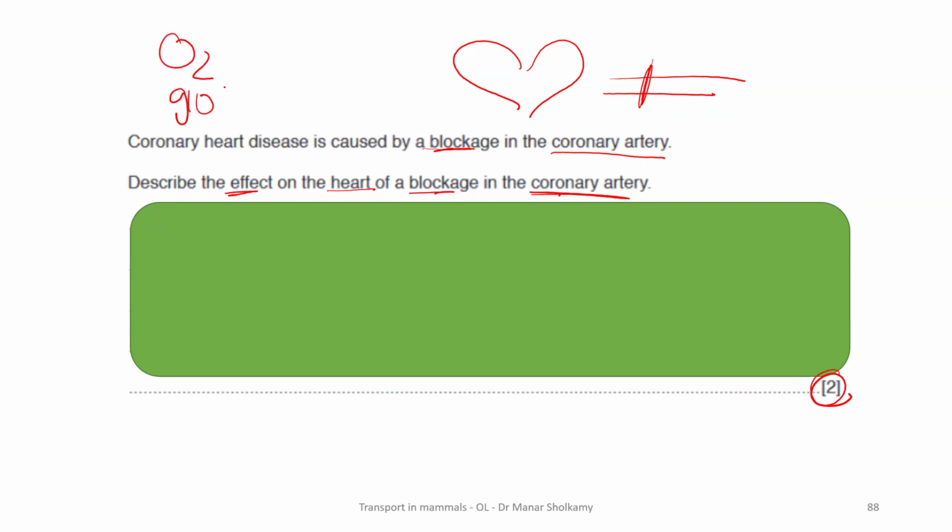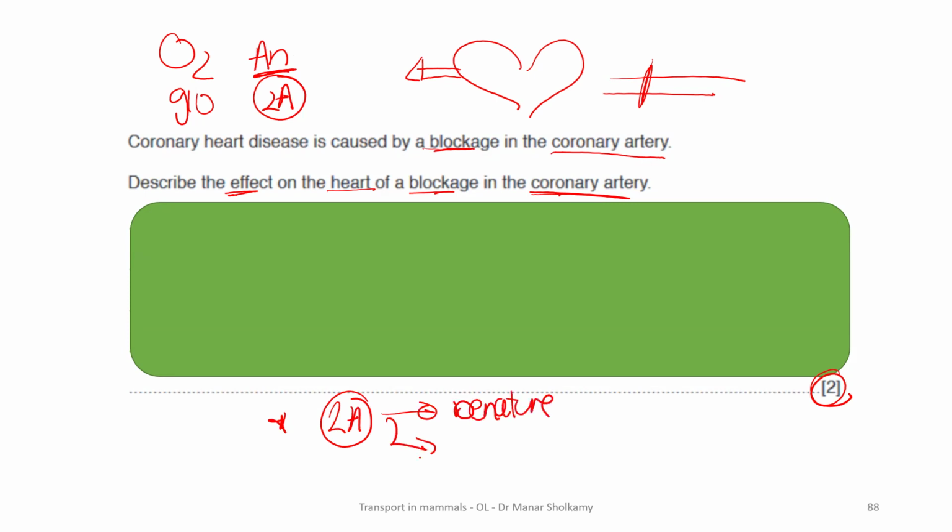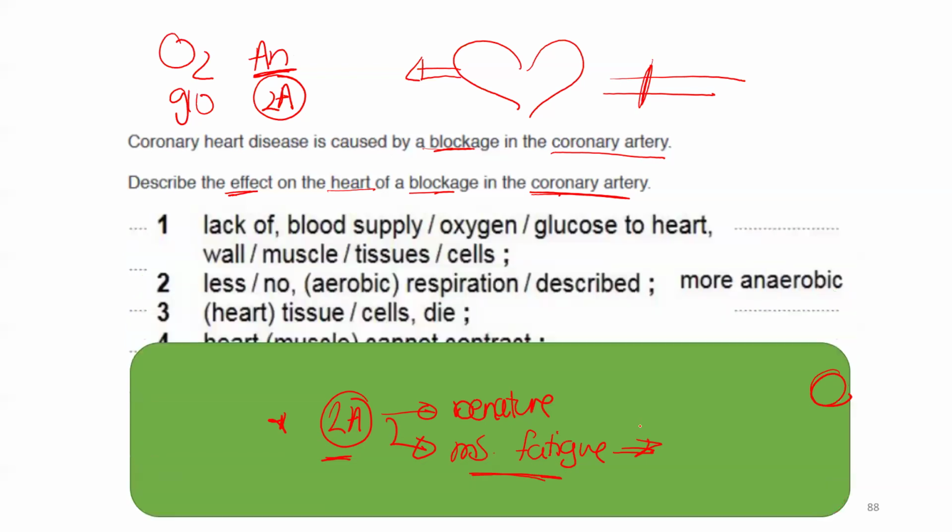No oxygen, no glucose. The heart will not be able to respire aerobically. It will respire anaerobically. Very good, anaerobically. This can produce lactic acid. Lactic acid causes two problems: it changes the nature of the cell and the nature of the enzymes, an acidic medium pH. Correct. Also, we'll study lactic acid again in respiration. It causes something called muscle fatigue. Muscle fatigue means that the muscle cannot contract. And if this happens in the heart muscle, this is going to cause cardiac arrest. We will mention that in respiration.